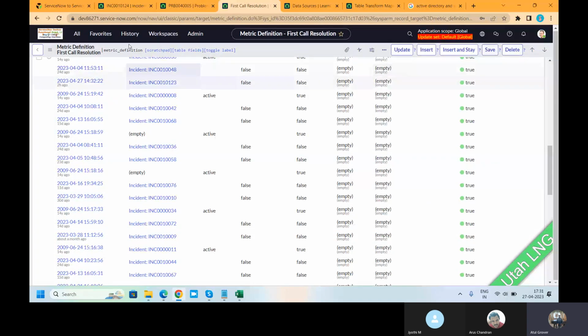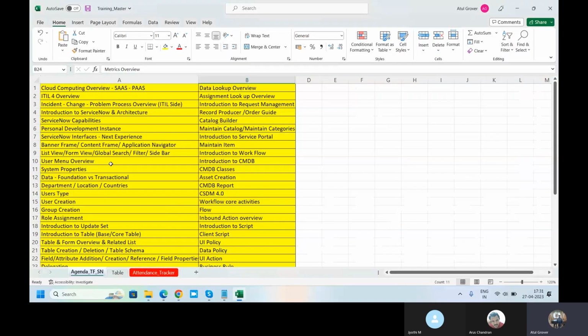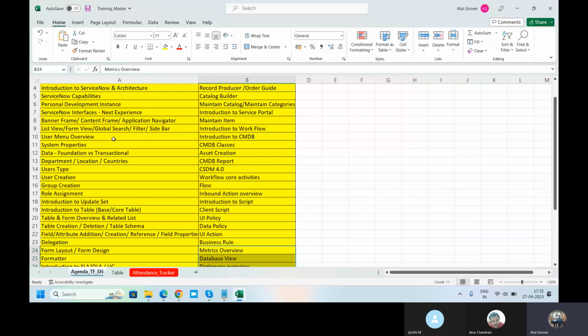These options we see and other properties we saw here. After that, we go on to the data level, transactional data, foundation data. What is the difference between these two? What is the department, location, countries, all these things we have done. Then we started our user journey, which includes user creation, role creation, group assignment, role assignments, kind of things, where